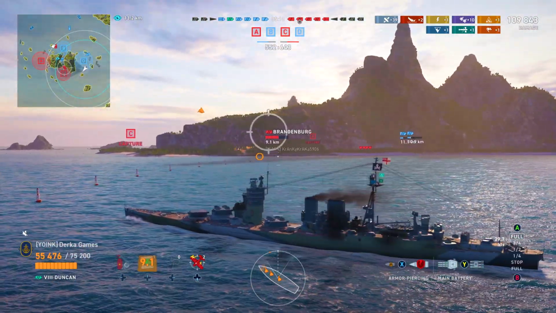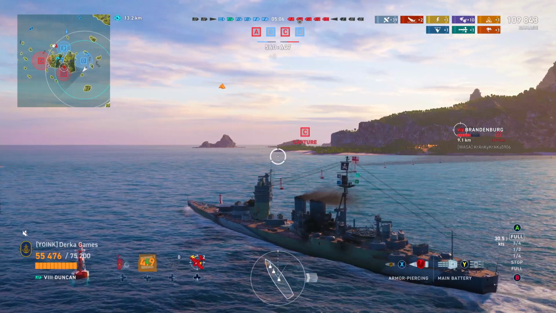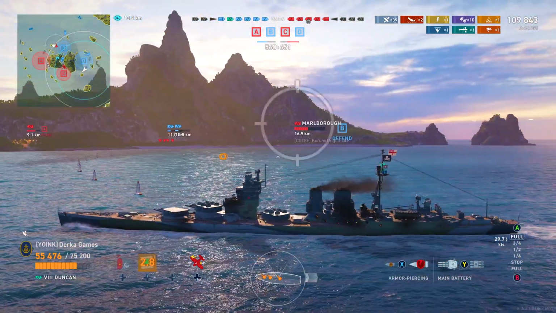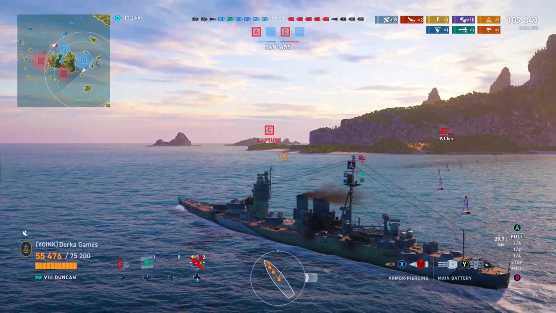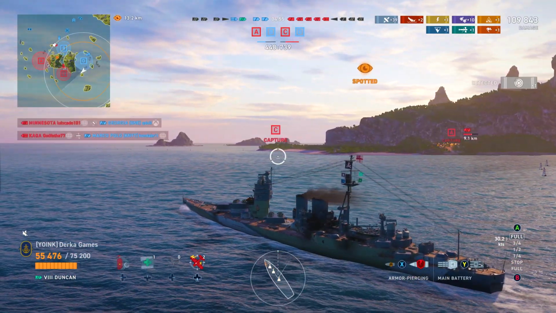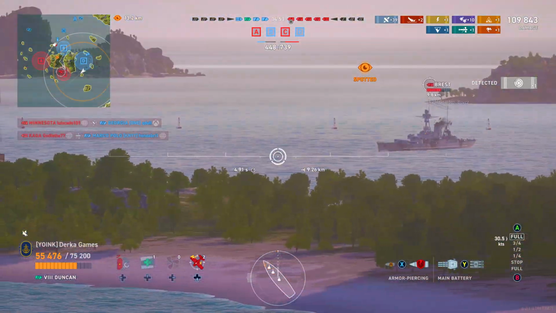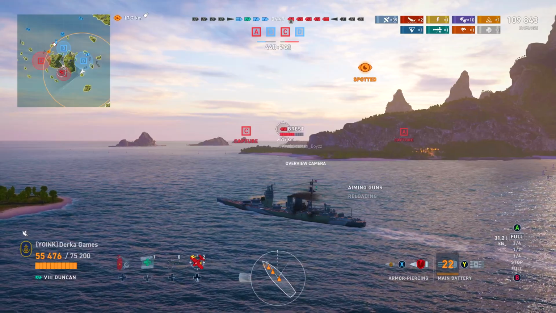Would you rather have the volume of fire of a reload build, or would you rather have more pinpoint accurate salvos and just wait longer between salvos? I don't know that I could necessarily answer that, but I would be curious what your guys' thoughts are down below, so definitely let me know. What I would say is I feel like having the faster reload reduces the effects of RNG a little bit